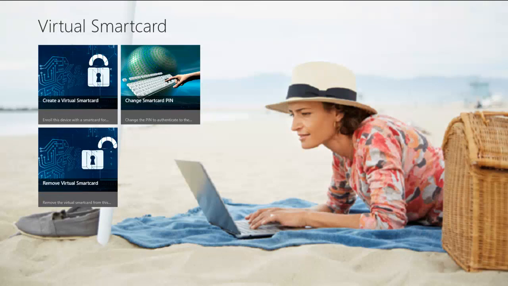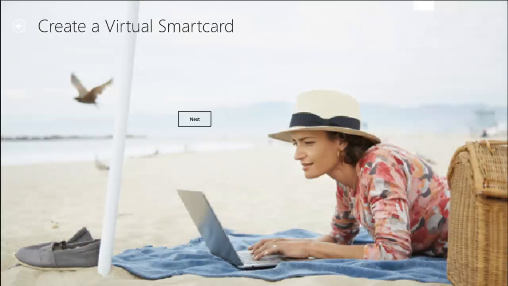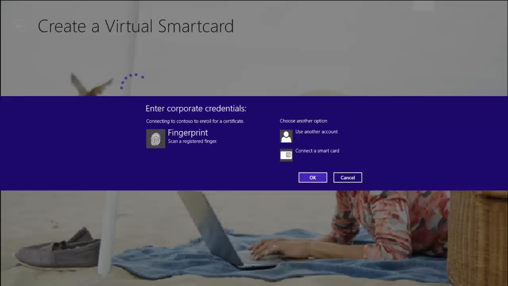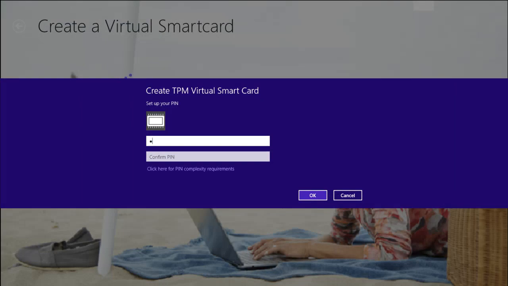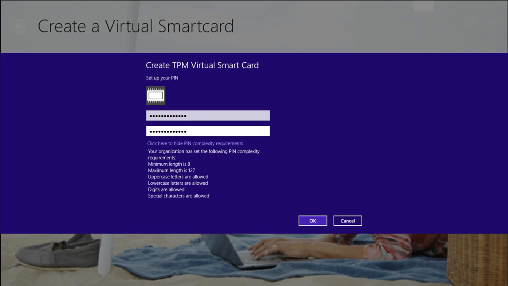Okay, so this app, we start virtual smart card. We will create virtual smart card. It will say, go next. And by the way, it will ask to authenticate. And now I will go with my PIN. One additional thing that I didn't mention, we have the ability to enforce policy on that. And it's done actually through WinRT APIs. And the beauty of that, you can specify the policies that you want for your company. So you don't need to have one single type of policy that you will apply to virtual smart card.